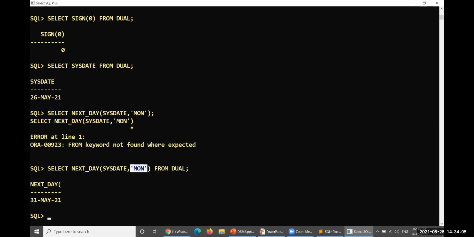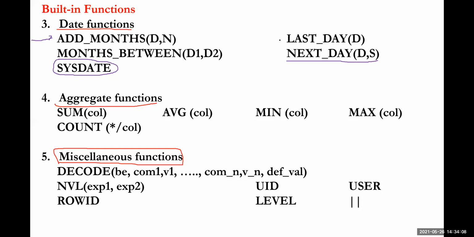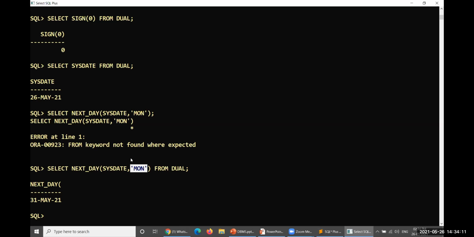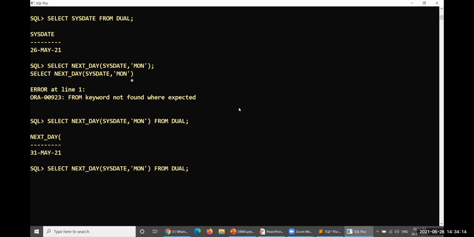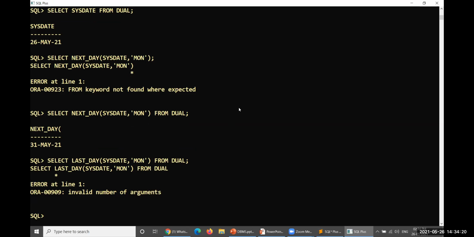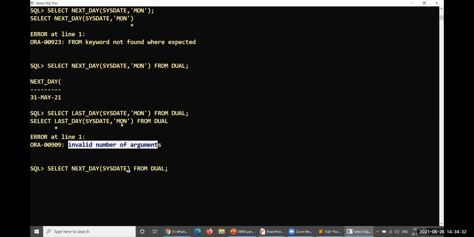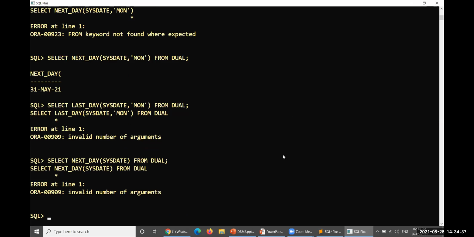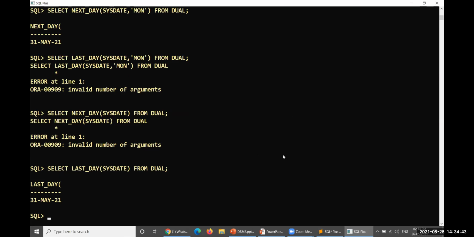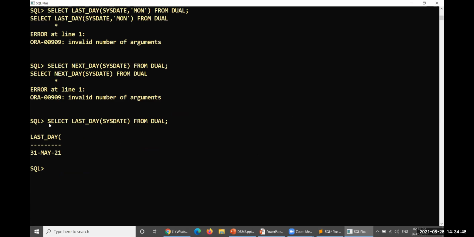Okay, then followed by LAST_DAY of this particular date. Let me take the last day for this particular month. It will also be the 31st only. LAST_DAY of date. I have not removed the SYSDATE, that is why the error about the number of arguments has come, because of not eliminating the system date. It is better to type everything, then no more errors will be displayed. Okay, LAST_DAY of this one.